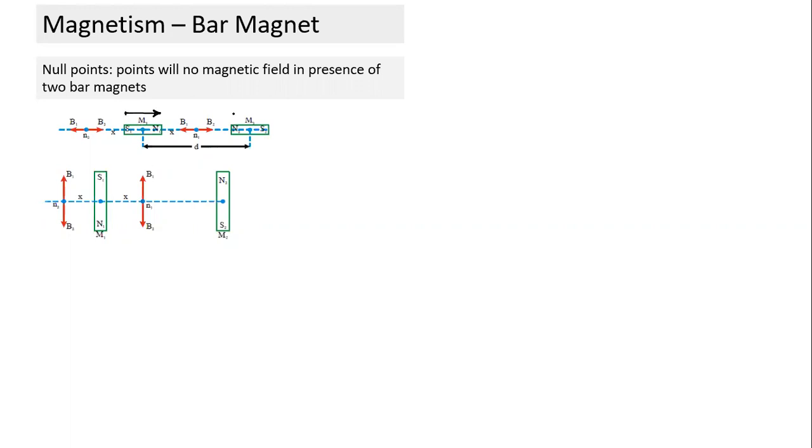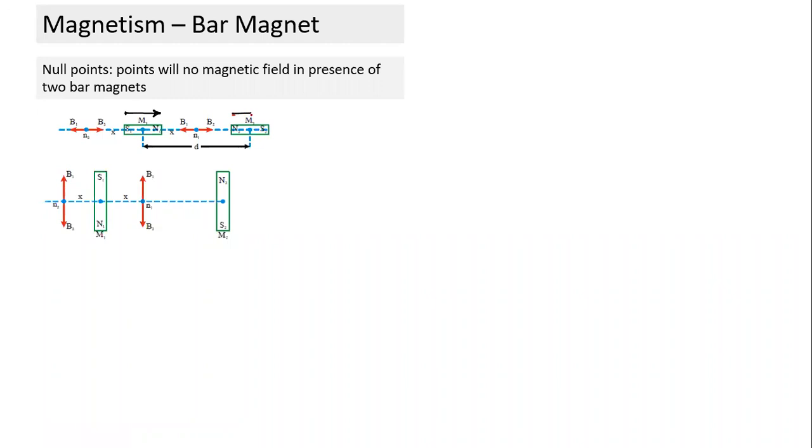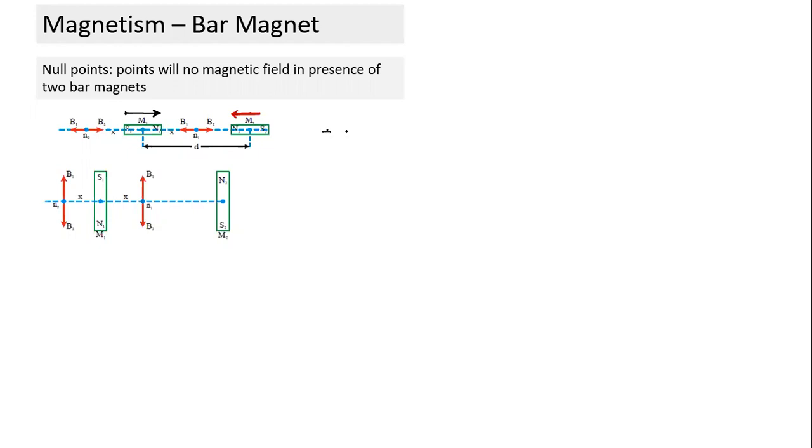In a similar way I can draw the second bar magnet. Let me draw in a different color, and I'll show why. This is the second bar. So this is M1 and M2. Where would we have a null point? How do we get a null point? What is essential for a null point? First of all, the fields have to act in the opposite direction. So for a null point, first, fields must be in opposite direction and of equal magnitude.